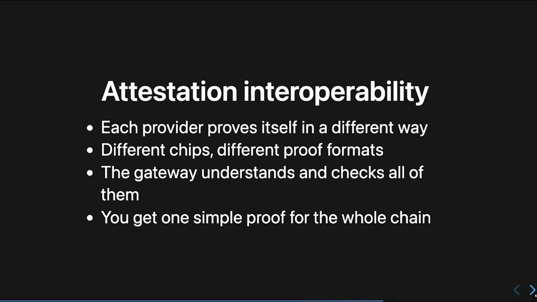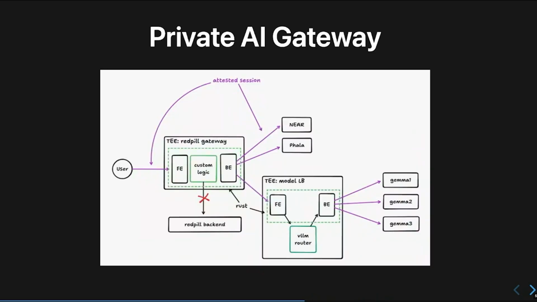And yeah, this is actually already explained. So NEAR AI, Tinfoil, Phala, Truth, everyone has their own language for proving their own system. And of course, as a user, you don't want to verify all of them. So how? Then we just use this gateway to aggregate all the upstreams and provide a single unified API to the user.